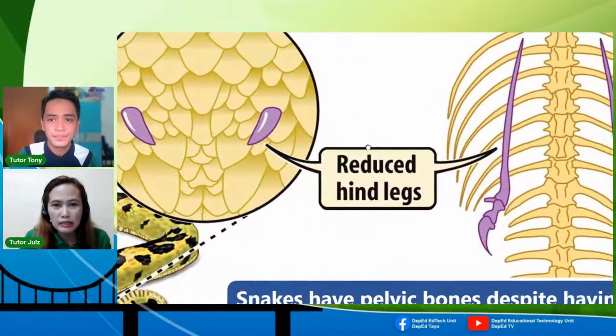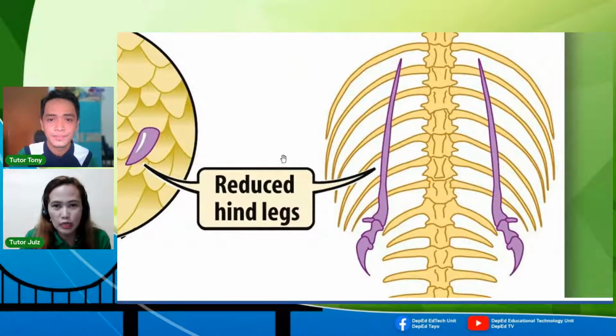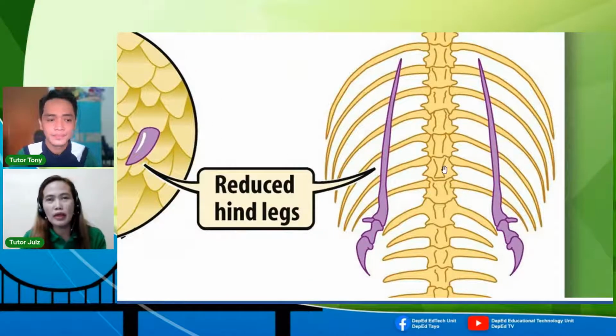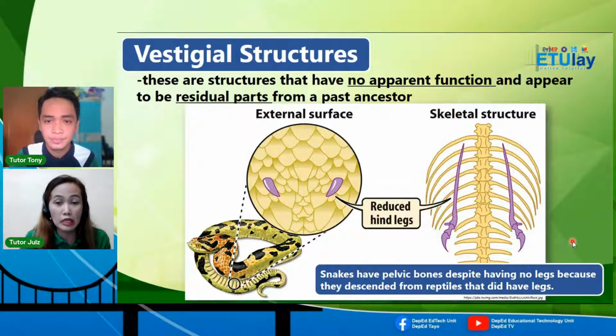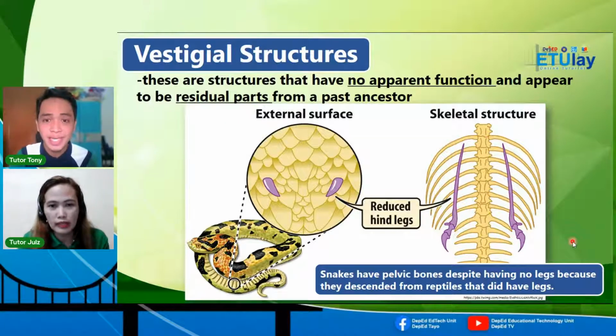And then, sa skeletal structure, ayan ang itsura, which is based sa history, they evolved from terrestrial lizard na merong arm and legs. Okay? They used to have arms and legs, ika nga. Since hindi na nila ginagamit, hindi na nag-develop, so we can apply the theory of use and disuse by Lamarck.